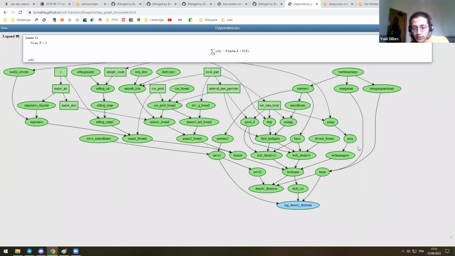I cannot find it, but yeah, most of these items, this thing, Chebyshev's estimate, and all those things are results which you would find in a standard analytic number theory textbook, but they aren't yet in Mathlib because so far nobody needed them. So the fact that unit fractions actually wrote them means that in maybe some months' time they will be available